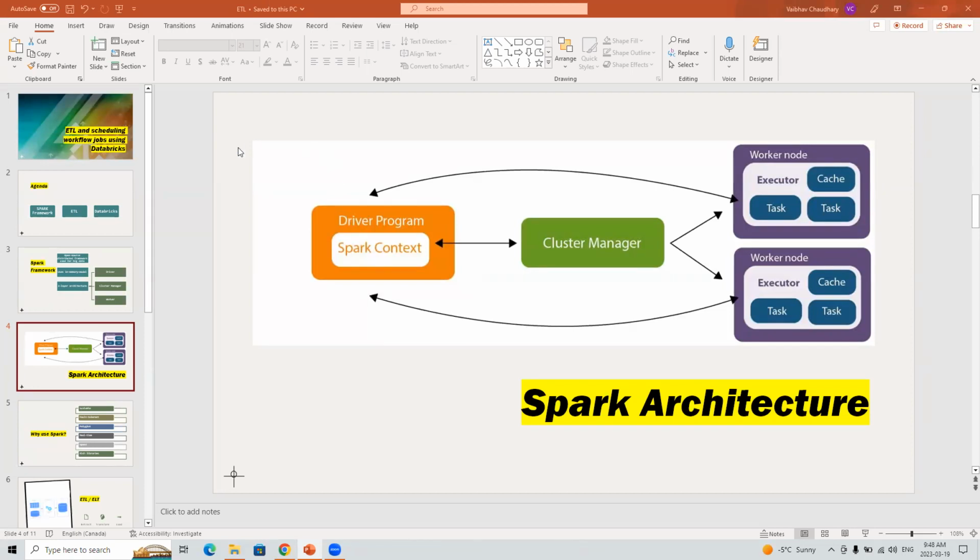In a way, it should make some sense. We're giving the driver some worker nodes to do some work for the driver, and after the work is done, the worker node will communicate back to the driver, and the driver submits the result back to the user.